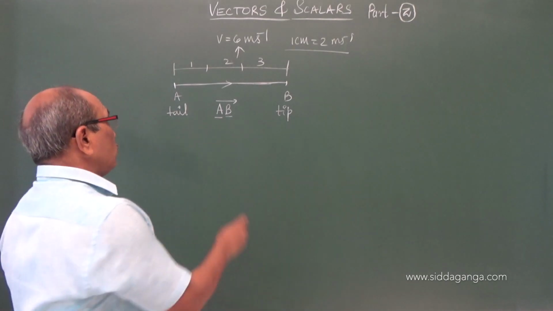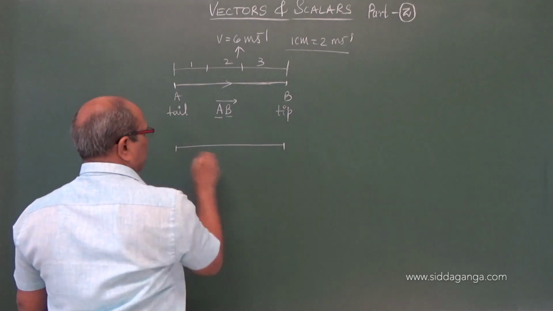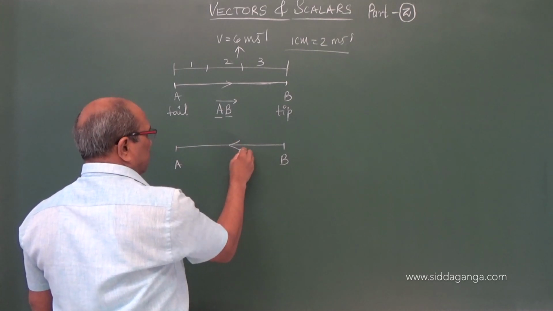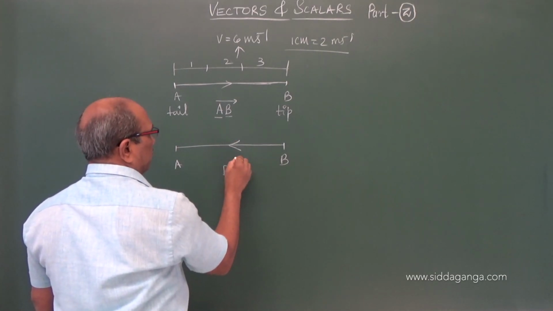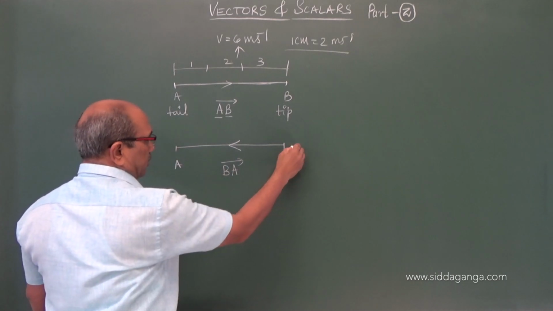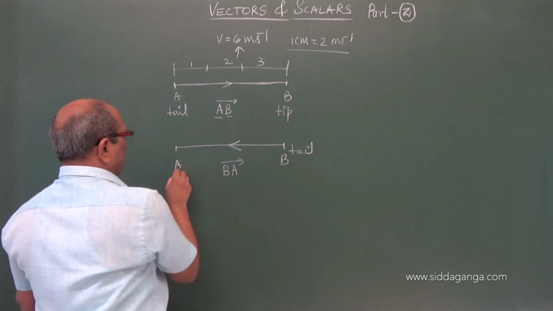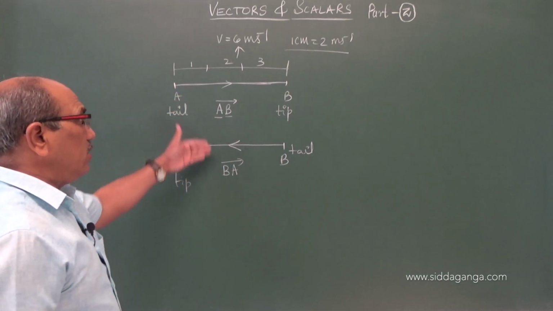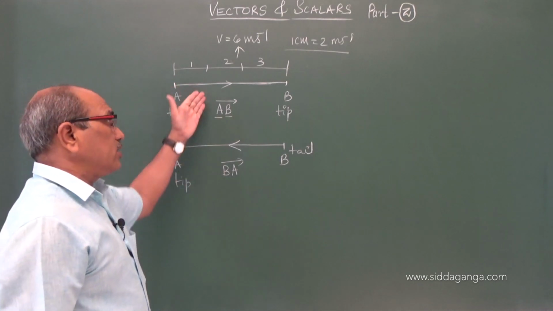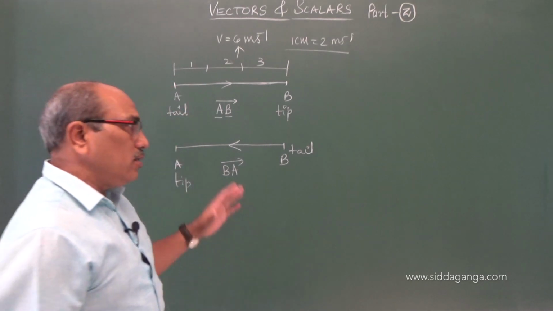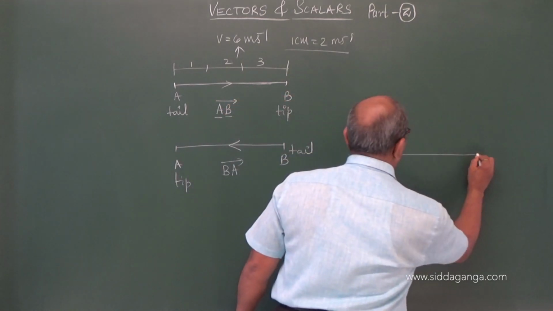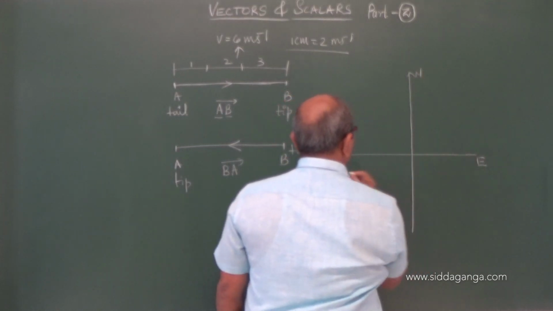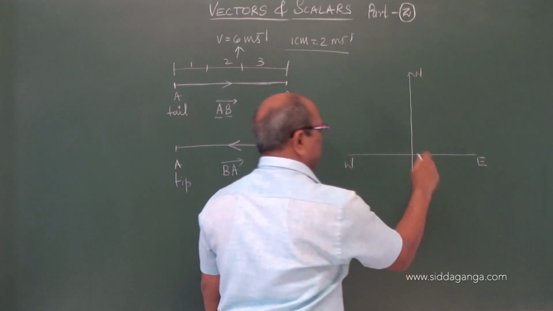And also I showed you, if I take the vector in reverse, B and A, now if the arrow mark is like this, I have to write it as BA. That means B is the starting point as a tail and A is the tip. B starts and ends with A. The vector may appear to have the same magnitude, but the directions are opposite. And even in orientation on the scale graph you studied, I told you we have taken north, east, west, south.